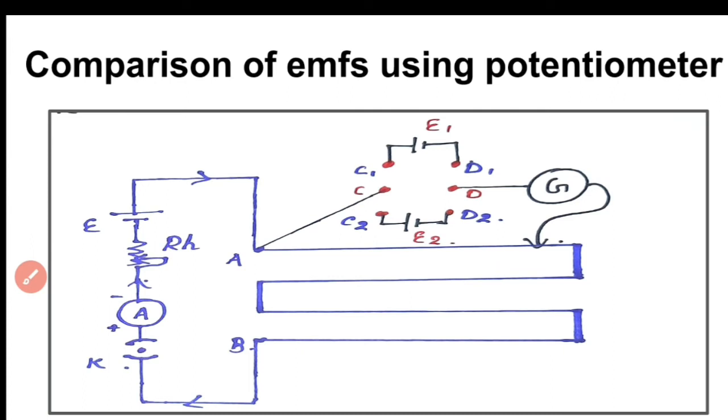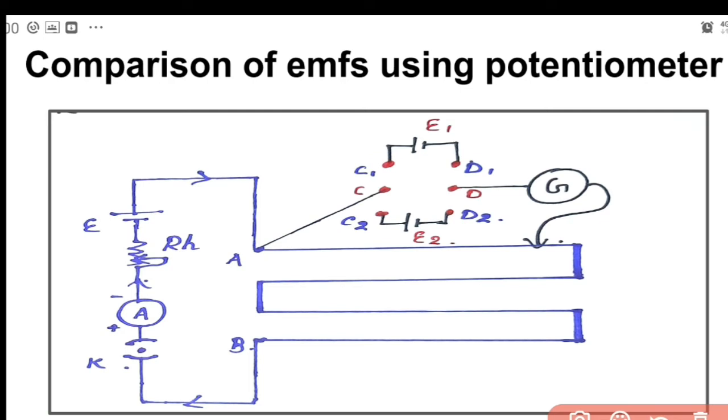You can see 6 terminals there. So we call it a 6 terminal key. With the help of a 6 terminal key, the 2 cells whose EMFs are to be compared are connected in the circuit. So we have 6 terminals as shown. Between the first pair of terminals, we connect the first cell of EMF epsilon 1. Then between the third pair, we connect the second cell, that is epsilon 2.